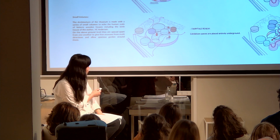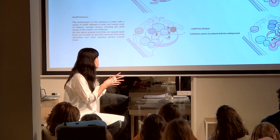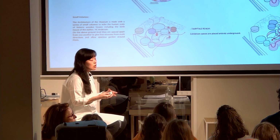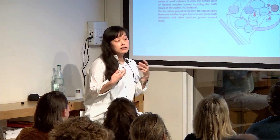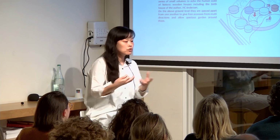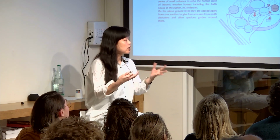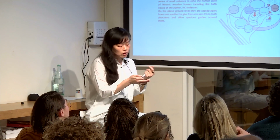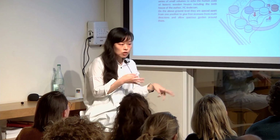How we came about deriving the form is, first, we started compiling all the aspects of what makes up the museum, which is a large surface of exhibition spaces. By suppressing them all underground, we managed to create as much open space as possible above ground, and to minimize the architecture footprint, limited to facilities that require natural light, such as the foyer, cafe, children's studio, and so on. Only those programs that benefit from being outside remained above ground with minimum footprints, while all the fairy tale exhibition spaces were buried underground,